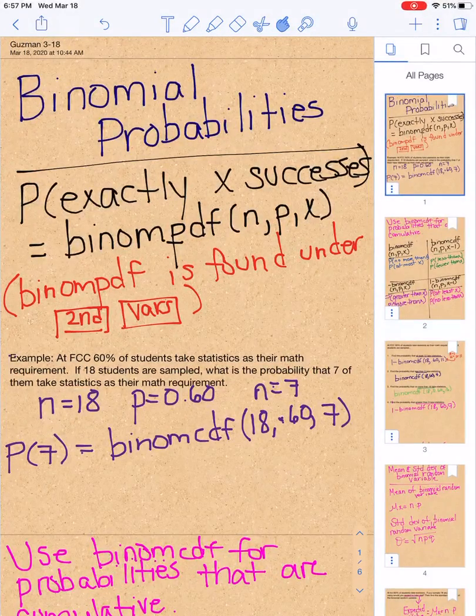Hi, JP. So you sent me 15 questions, all 15 questions in a span of 3 minutes on the binomial probability homework. And rather than go through and answer every single question, I'm just going to give you a big review of binomial probabilities. It's the same things that you saw in the videos, but just in a more condensed